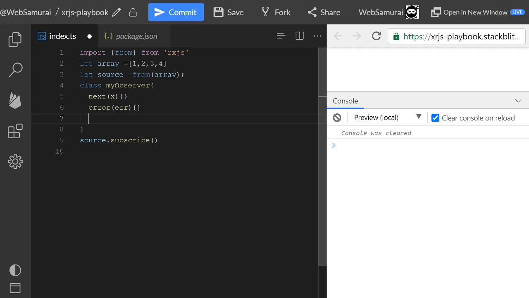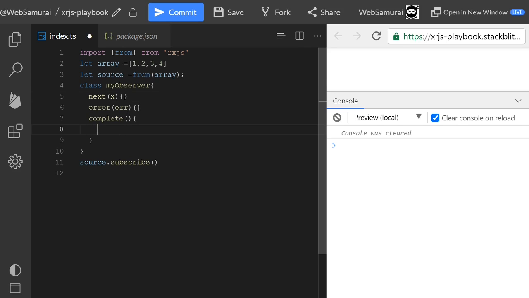The next method is the complete method. This complete method will not take any argument. Whenever the observable completes, having emitted all the values, it will call this complete method.